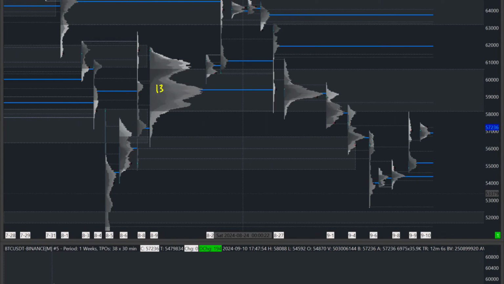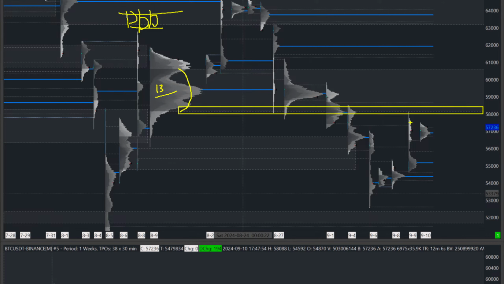This profile right here is 13 days merged together. What does that mean? It means that we have 13 days where we have overlapping value, right? Value areas overlap with the previous one. I merge all days together, and that gives me a 13-day composite. Fast forward to today, we auction upwards. Everybody gets really bullish. Where do we cap the rally? At the 13-day composite value area low, right? So